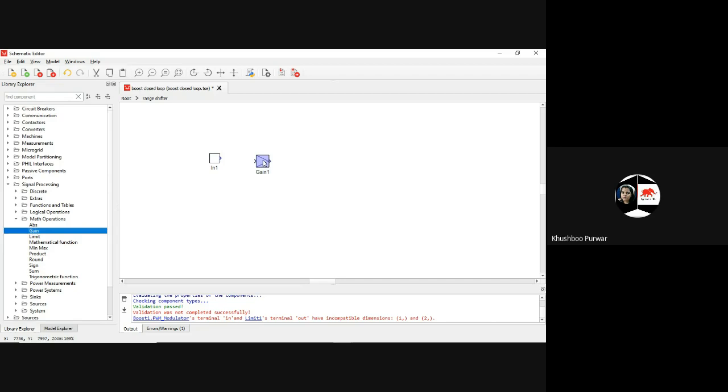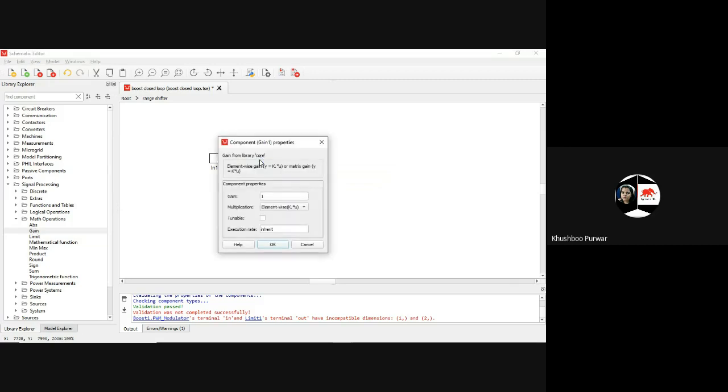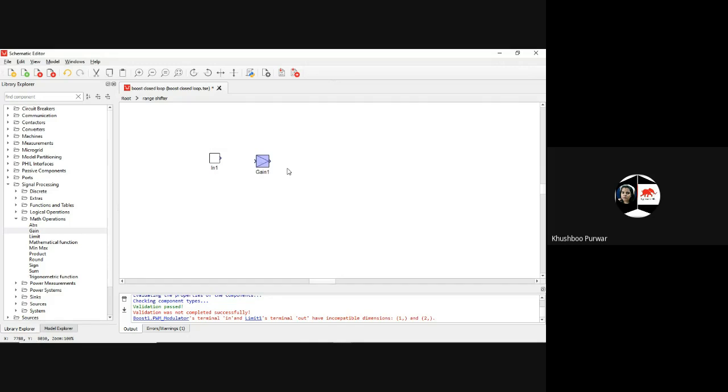In this gain we will assign the value 0.5, and the execution rate will be inherit, and this will be connected to the output port of the signal input port.